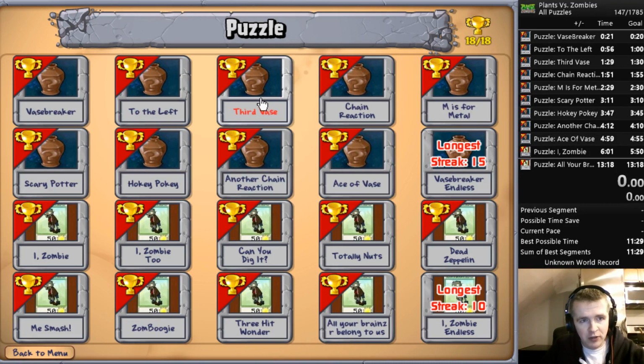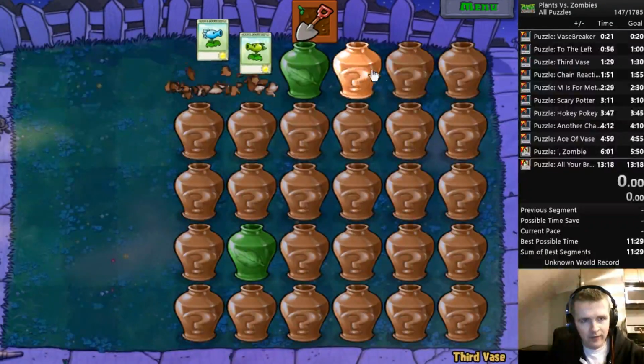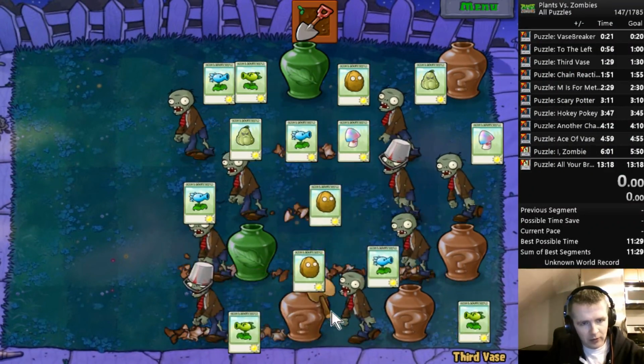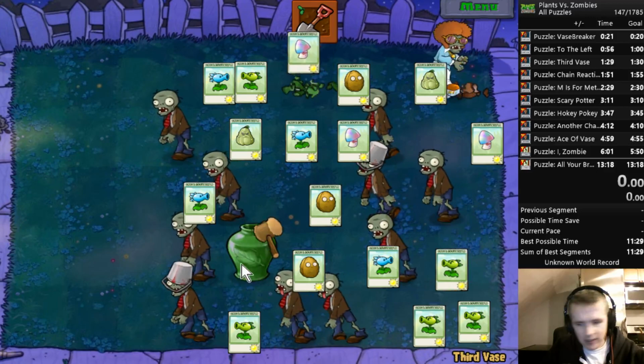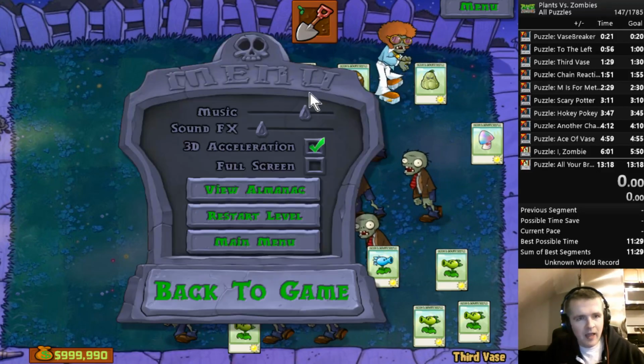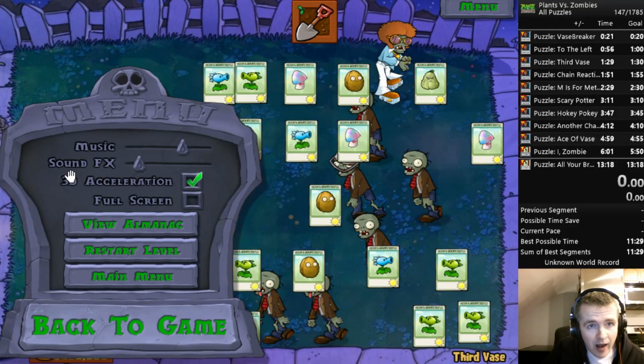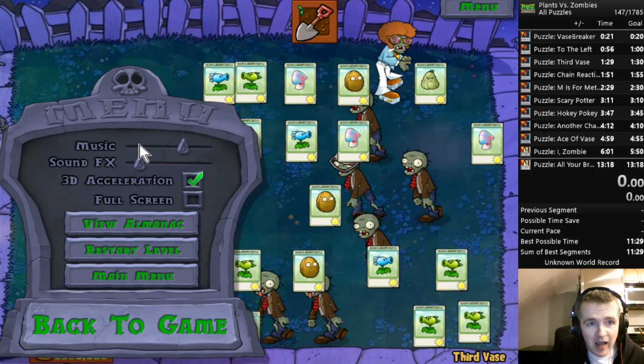So moving on to third phase, and we'll talk a little bit about what this level looks like. All right, and again, the biggest threat on this level, believe it or not, is not the bucket heads, but rather the disco zombie. And again, you normally don't want to necessarily break all of the vases like that because you just don't necessarily